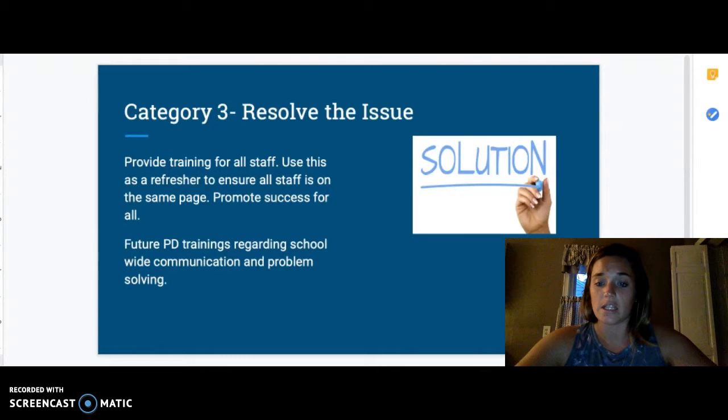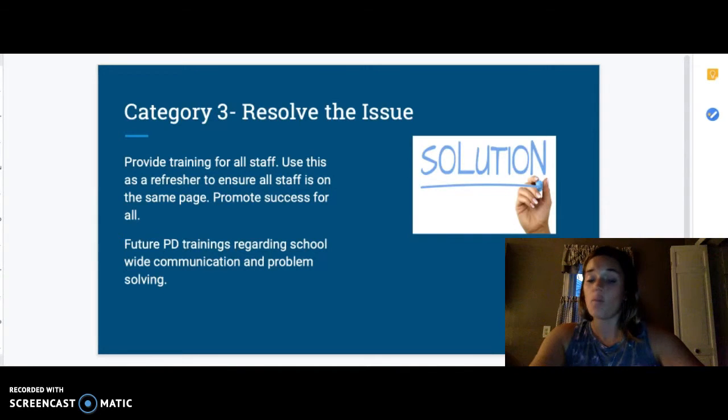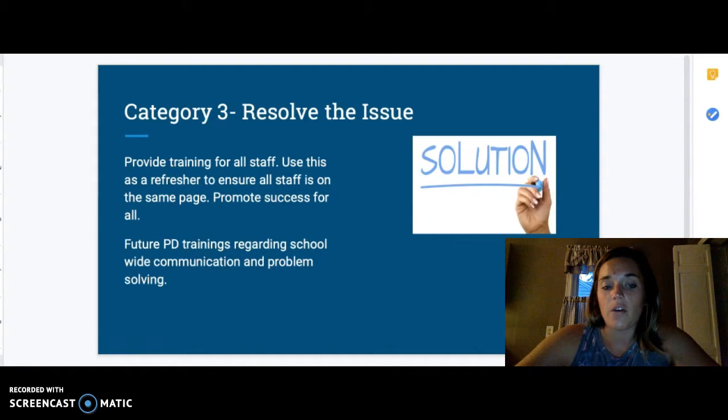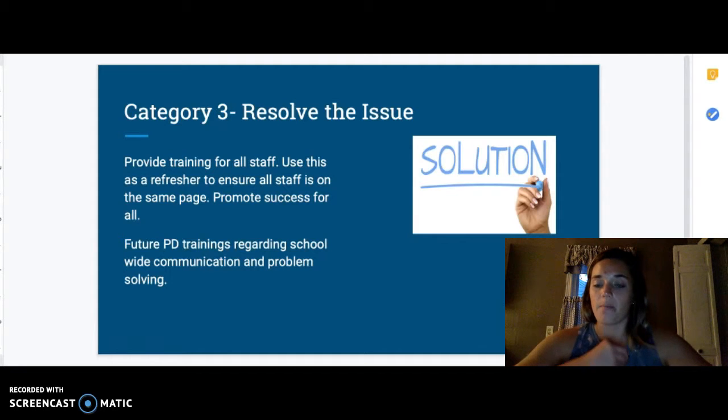I think communication is a huge part of an effective school. So making sure that all your staff members are on the same page when it comes to this kind of situation where if something's going on at home or if students and parents are unhappy, here's the proper protocol we need to follow. Once again, I know our school does our school handbook at the beginning of the year and we discuss certain things, but it's not something we continue to look back on throughout the year. So it could be effective for the principal, administrator, whoever is the one that's leading these things,